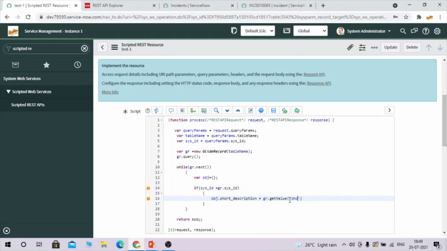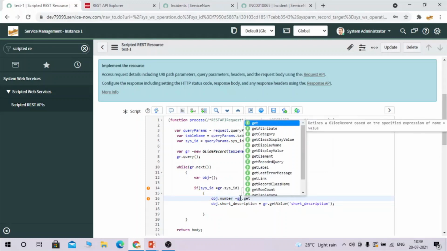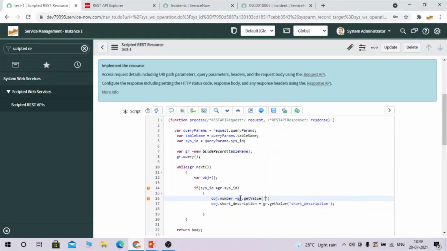So here I need to pass backend value of the sort description. And now let me pass here number dot number. So number is common all across the table, right? Number and sort description. So that's why I'm taking all those generic things which I can get in almost all the tables. So number, sort description.